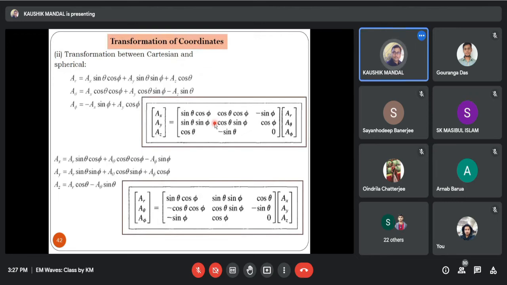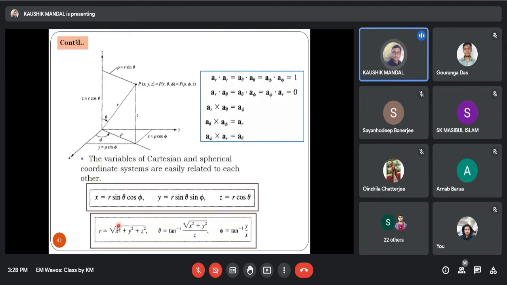Now, I am moving back. You can find out the ax dot ar from this equation or this equation also. Ax dot ar means it will only be sine theta into cos phi. In this equation, if you take the dot product on both sides with ar, ar dot ar becomes 1, and all other terms, that is a theta dot ar and a phi dot ar, become 0. So it will be only sine theta into cos phi. So ax dot ar becomes sine theta into cos phi. Okay, and other things about x, y, and z.